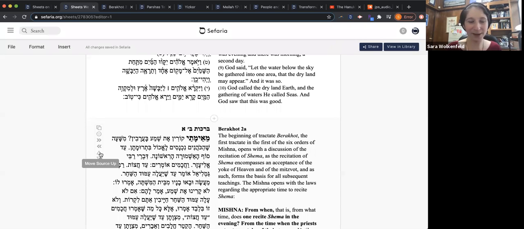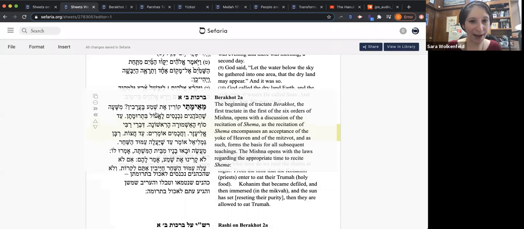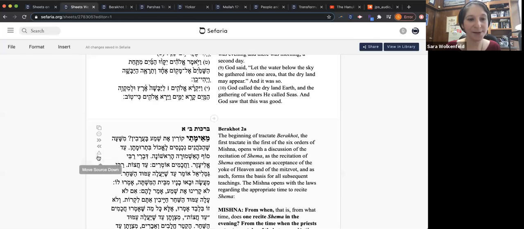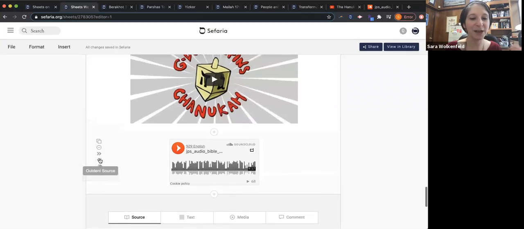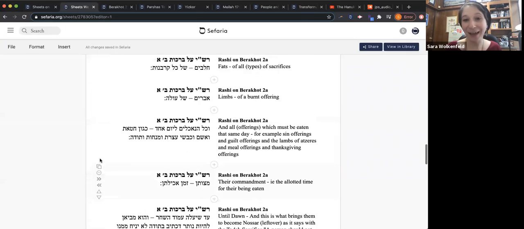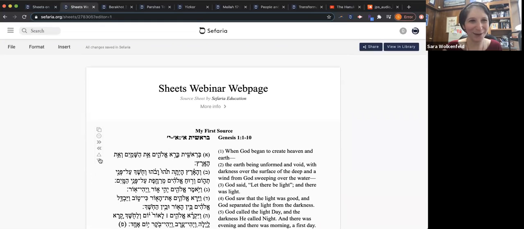Sometimes as I'm adding sources to a sheet, it's just a stream of consciousness thing. It's like as they occur to me. And then when I actually am going to present it, I want to completely reconstruct what I've done. So you can click and drag to move sources, or you can use those arrows to move sources up and down. Those are all ways of constructing things on the sheet, moving things around, playing with what they look like. Nothing is set in stone, or even set in typeface, whatever the writing equivalent is. You can always move features around and move the sources up and down and take things off and add more things as you wish. So that's definitely something to keep in mind.